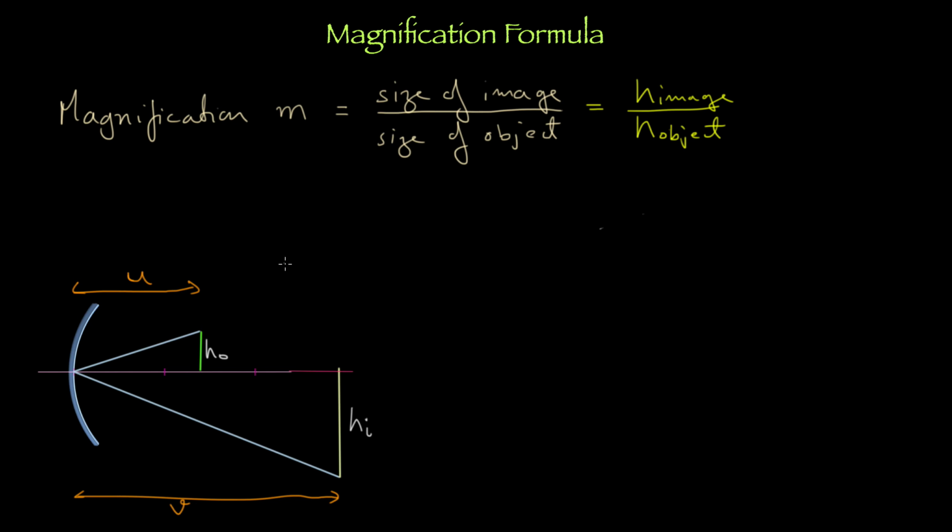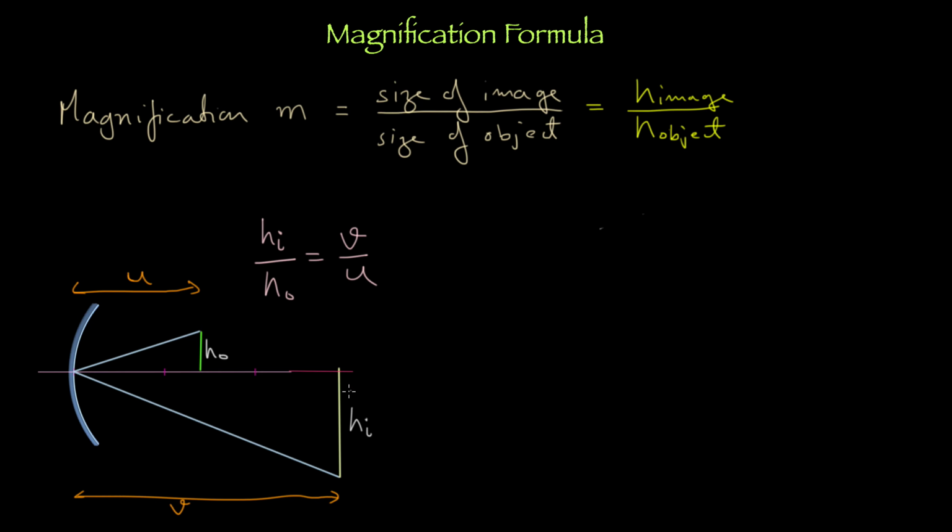Yes, Shruti. Yes, sir. If it was a math question, HI by HO is V by U. Very well said. If it was a math question, that is what I want to hear, not your already known memorized knowledge. HI by HO is equal to what? V by U. Guys, you agree? Height of the bigger triangle divided by height of the smaller triangle is equal to base of the bigger divided by base of the smaller.